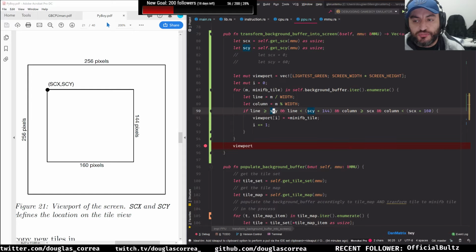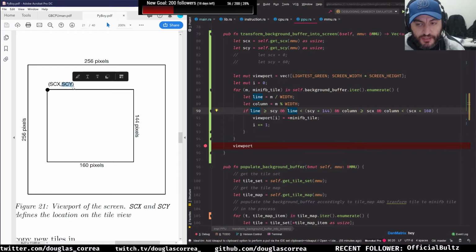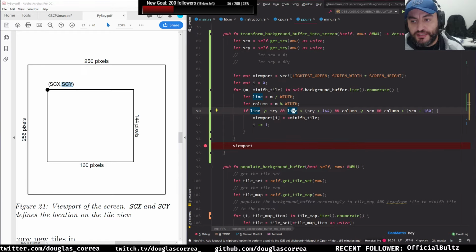So we just need to match this, to have this if here, which is if the line is greater than the SCY and the line is greater than or equal to the,